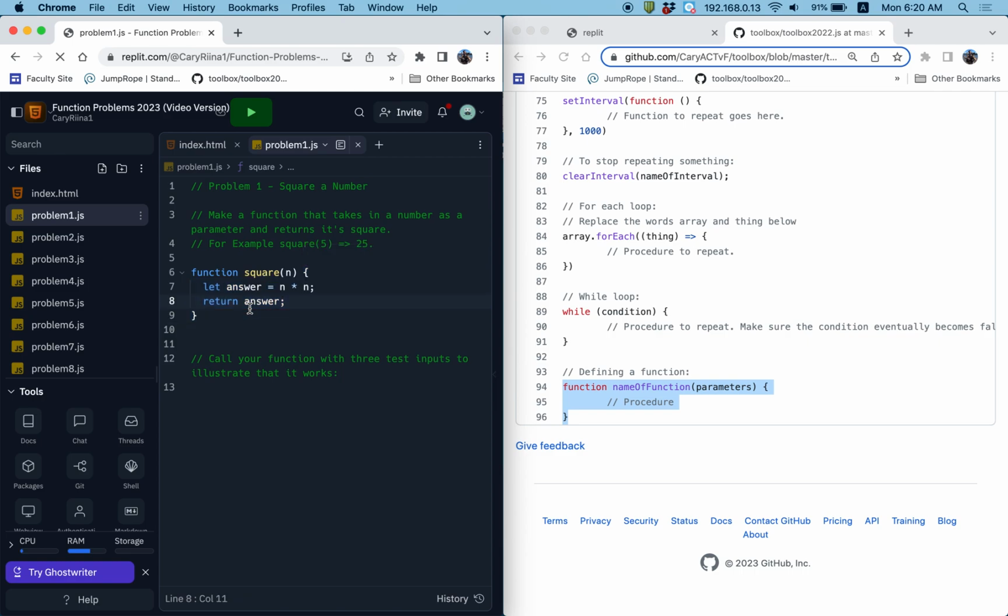So in order to test that this function works, I'm going to compute 3 different squares. I'm going to say let test1 equal, I'm going to square the number 5. So what should happen here is that I'll run the square function on 5. The answer variable should become 5 times 5. And then when I return the answer, 25, it will get stored in the test1 variable. So in order to see that test1 variable, I'm going to do a console.log